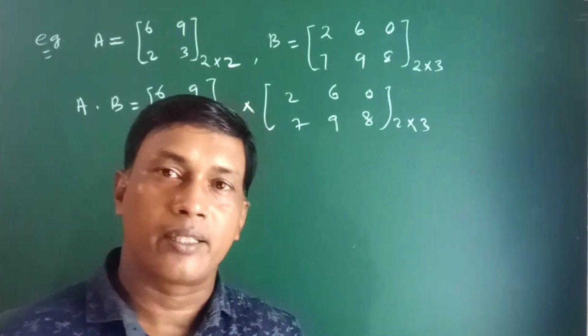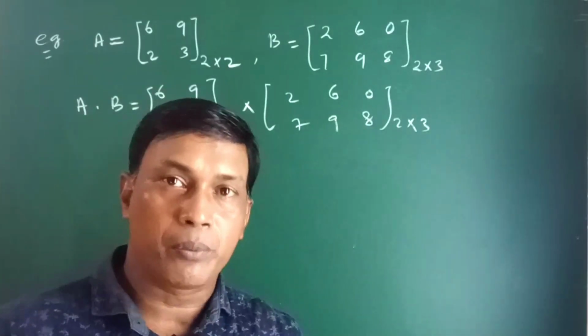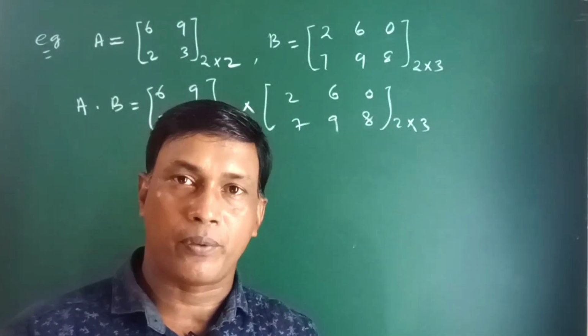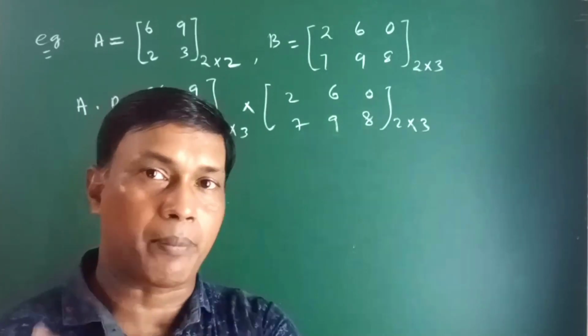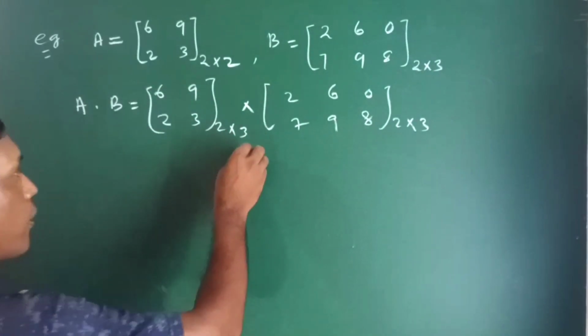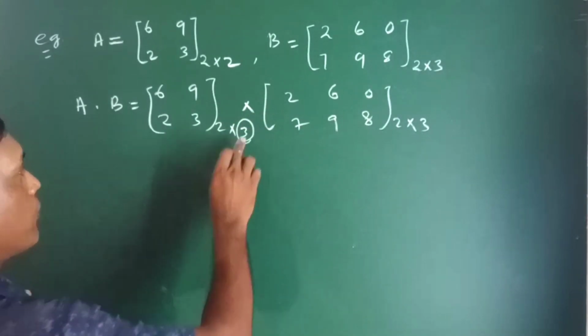हमको चेक करना है कि प्रोडक्ट पॉसिबल है कि नहीं. प्रोडक्ट कब पॉसिबल होगा? जब फर्स्ट मैट्रिक्स का नंबर ऑफ कॉलम्स इज इक्वल टू number of rows of second matrix. So here number of columns in the first matrix is 3 and